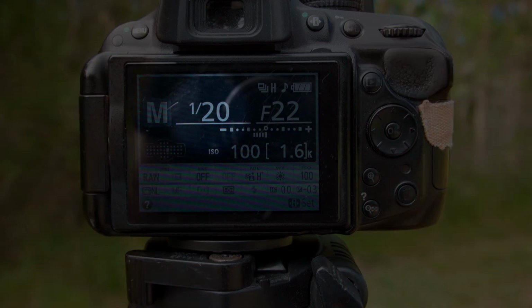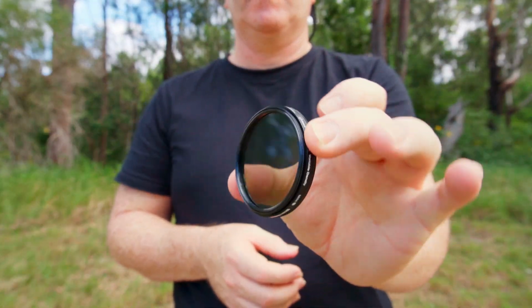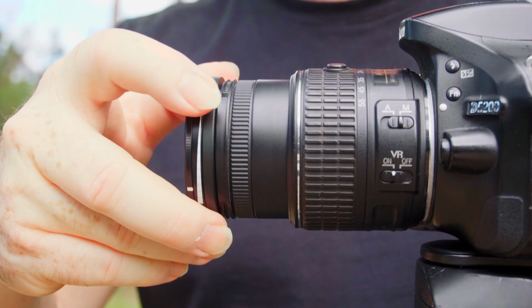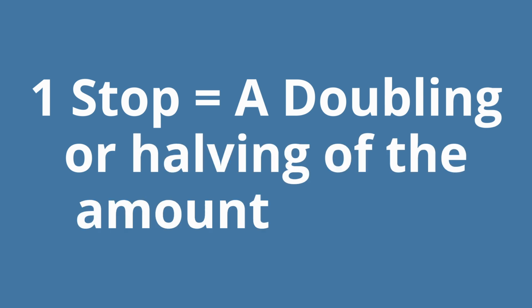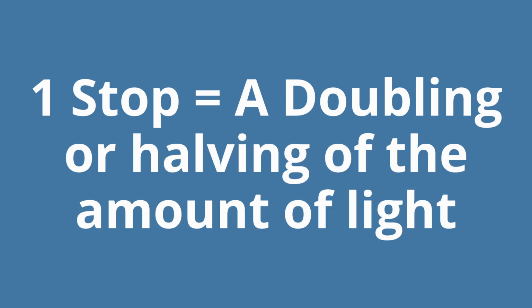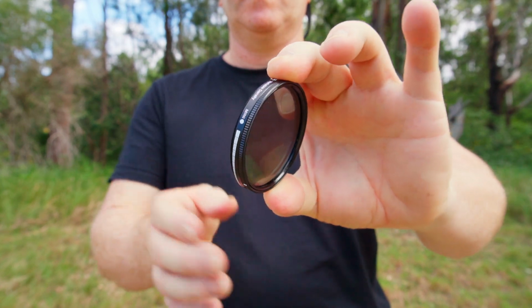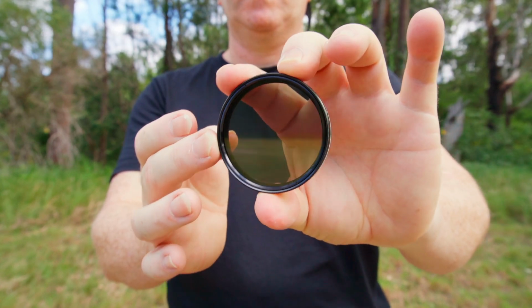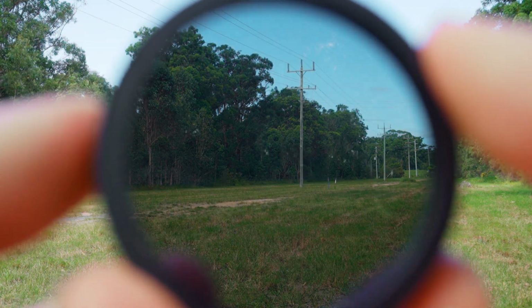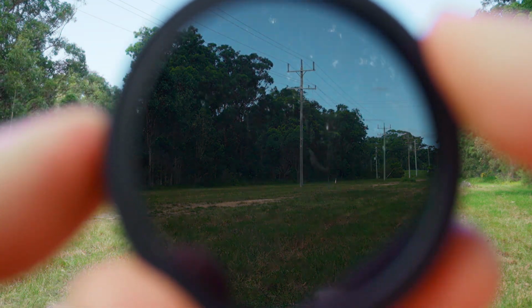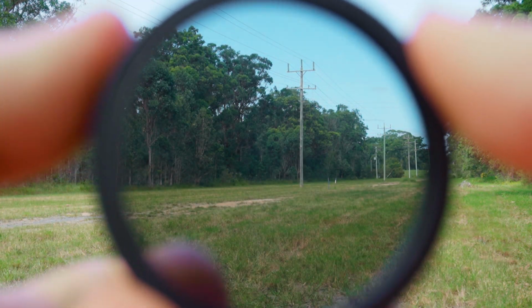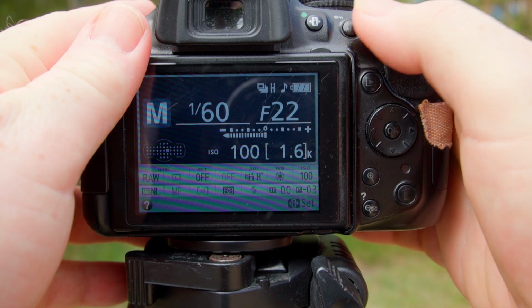If your photos turn out too bright at this shutter speed, you can fix this with an ND filter. An ND filter screws onto the front of your lens and lowers the amount of light getting into the camera. It does this in increments called stops. One stop is a doubling or halving of the light reaching the camera's sensor. This is a variable ND filter. Depending on which way you turn it, you can let more or less light in. This variable ND filter goes from 1 to 8.65 stops. Using this, I can lower the amount of light coming into the camera and therefore use much slower shutter speeds.